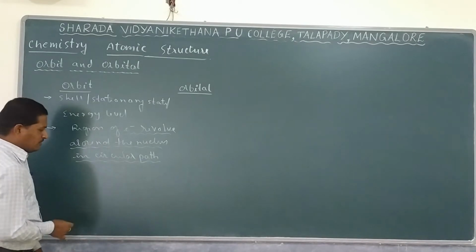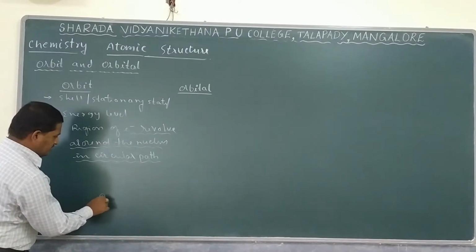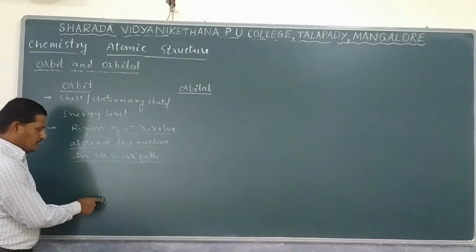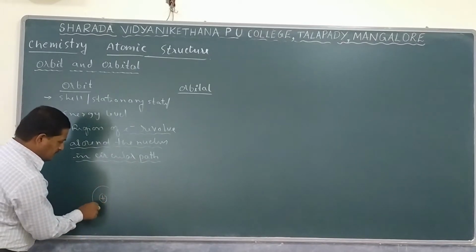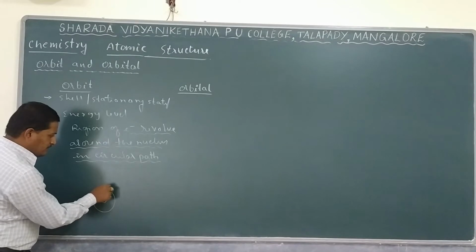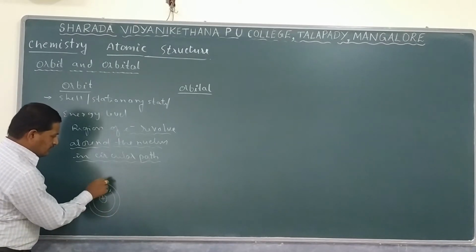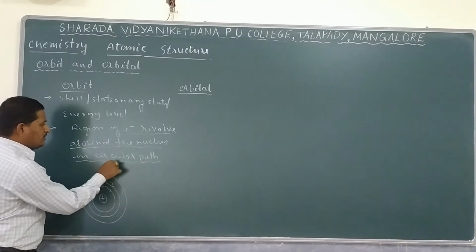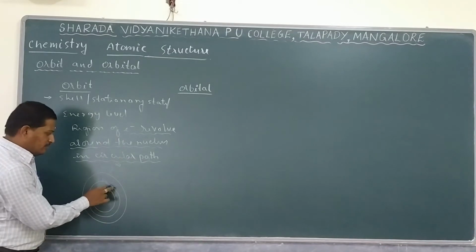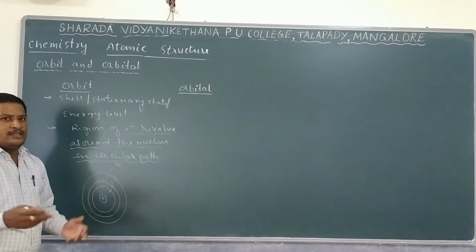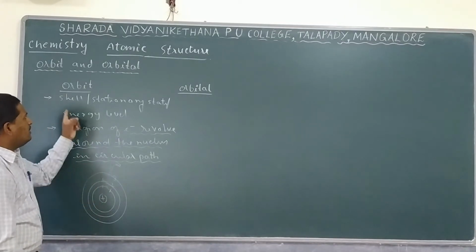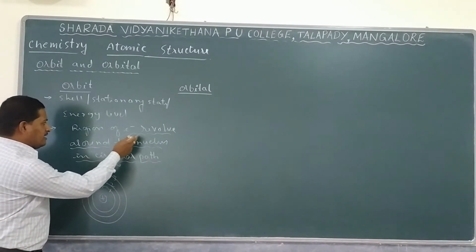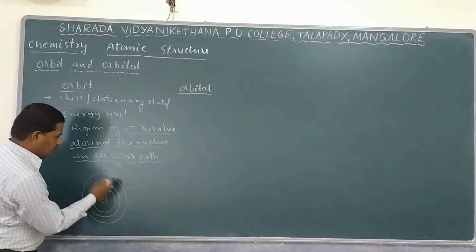Let us say, according to Bohr's atomic model, the nucleus is present at the center where protons and neutrons are observed. The proton shows positive charge, but the neutron shows zero charge. So this is the one shell where electrons revolve. Let us say first shell, and this is the next shell, and this is the third shell. Like that, it will continue. We have n number of shells or orbits: first orbit, second orbit, third orbit, like that. We have n number of orbits or shells or stationary states or energy levels also. So this is just like a circular path, the movement of electrons.